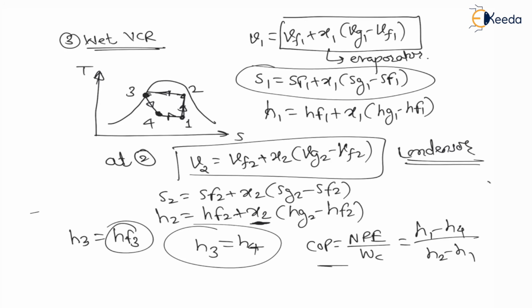Now this is how we can design whatever may be the VCR cycle. According to the given condition, we have to check the steam table. And my dear students, all these calculations for liquid plus vapor dome, we have already seen in the properties of fluid chapter. So go back and watch my topic on properties of fluid.